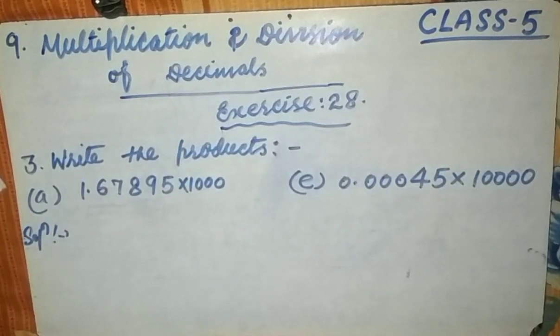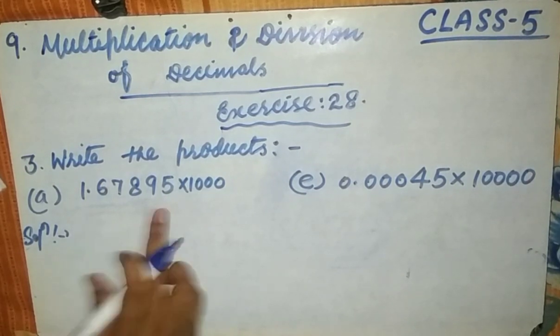Now see, students, question number 3 says write the products, and this question number 3 carries A, B, C, D, E and F, 6 questions, and we have taken only 2 sub questions. So have a look, friends. This is the same. Now we have to find the product. First multiply this